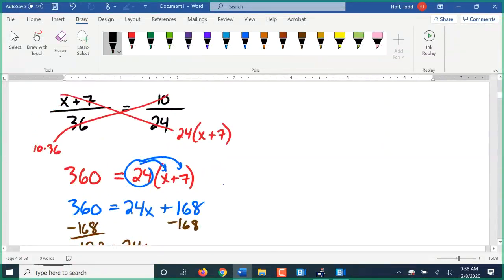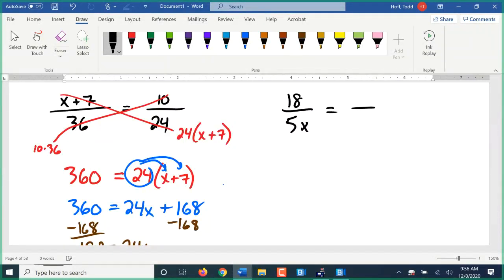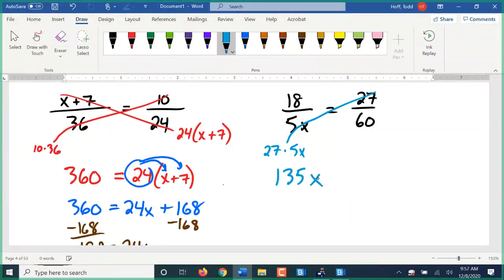Now, similar to that, we might have 18 over 5x equals 27 over 60. So we have the same type of situation here. Because x is not by itself, we're better to go ahead and do the full cross multiplication and write the equation. So going in this direction, we have 27 times 5x. I can multiply that out. 27 times 5 is 135x equals,